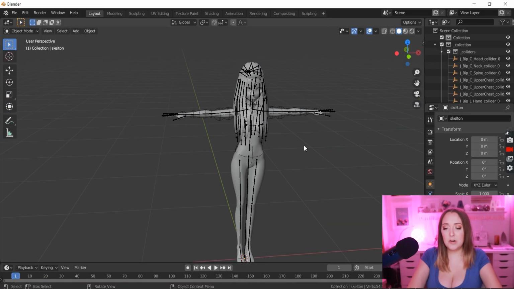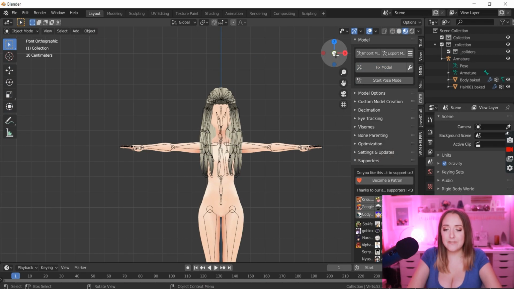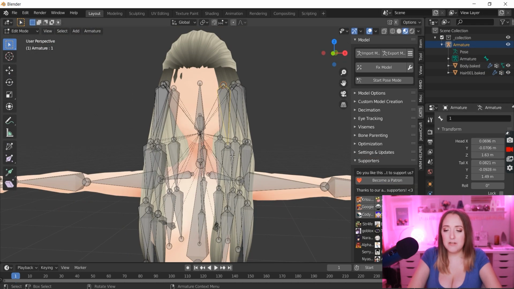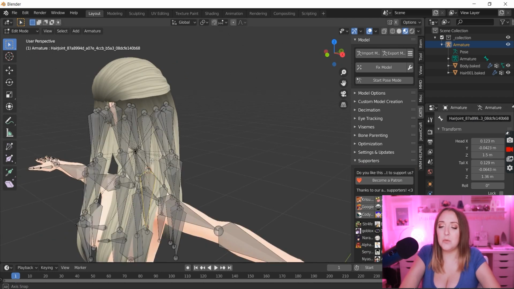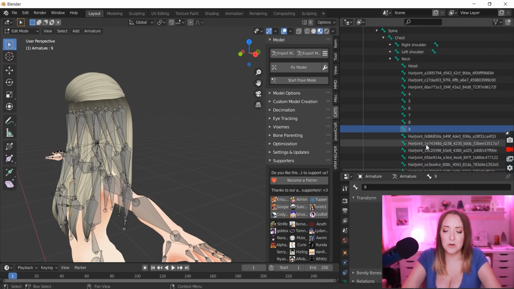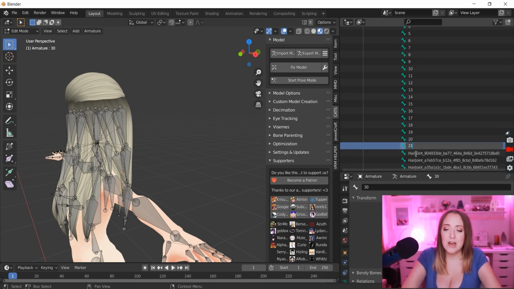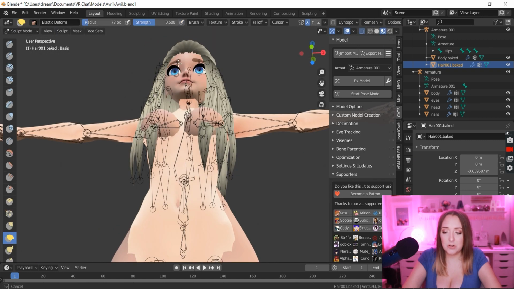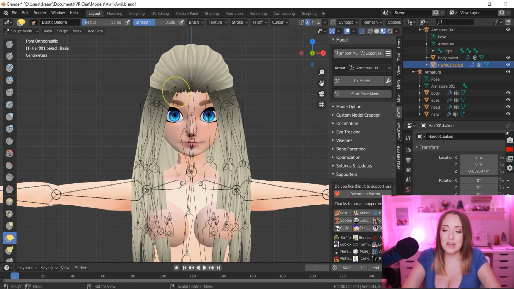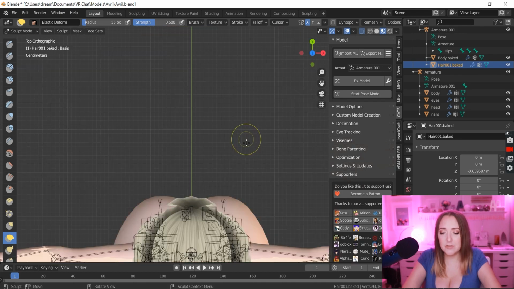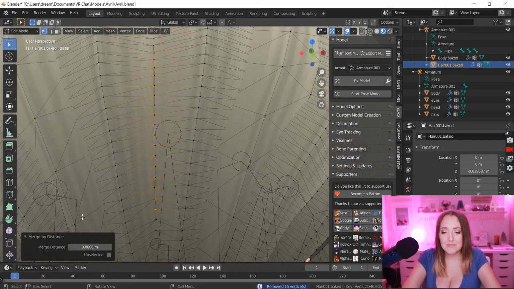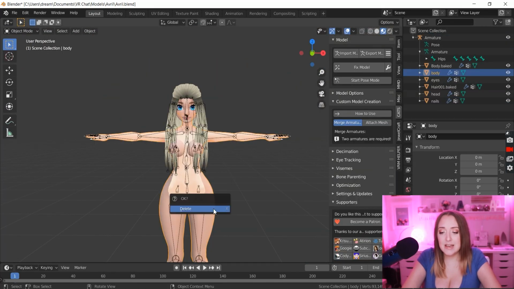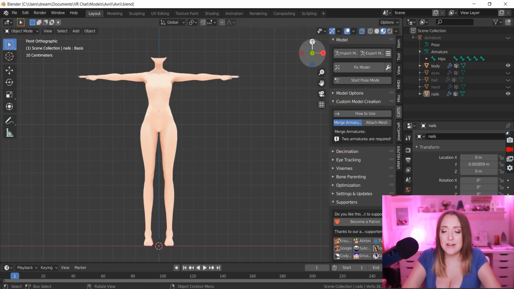So then I just exported her and I brought her into Blender, and I'm going to fix her as a model. One of the first things I need to do is line up all of the bones in her hair so that they work well together, because for some reason when I export and import into Blender, her hair doesn't like to arrange itself very well. So I usually rename all the bones in the hair and connect them to each other so they work really well. Then I imported my face, and don't worry that there's an extra version of a body in there, that will be deleted later. And then I just move the hair around so that it fits on this face really well. And then I'm going to delete the outside body and fix her up.